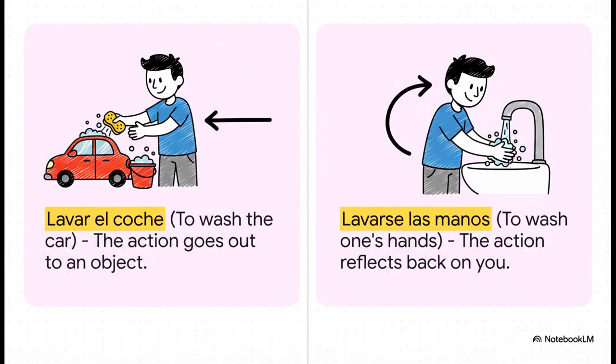Okay, let's just look at this right here. It's super simple. On the left, you have lavar el coche, to wash the car. The action, the washing, goes outward to an object, the car. But on the right, lavarse las manos, to wash one's own hands. See that? The action reflects back on the person doing it. And honestly, that's the whole secret right there. That "se" is just a little flag that says, hey, the doer and the receiver of this action, they're the